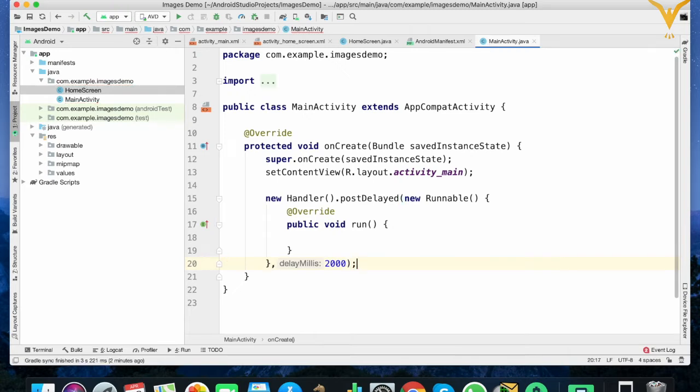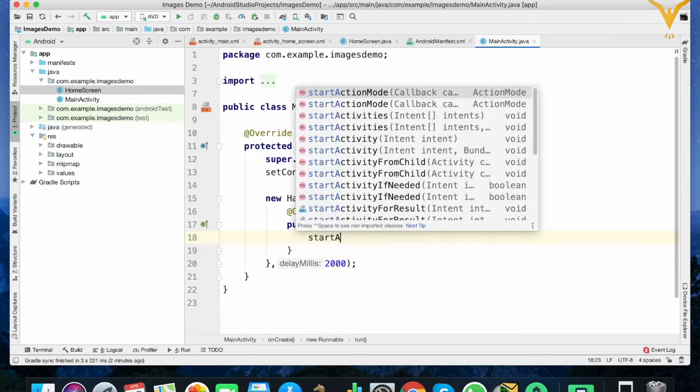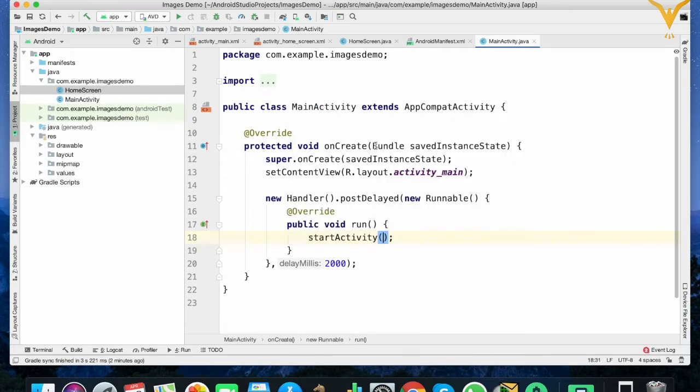So close the semicolon. Here we need to use this method, startActivity, and the parameter will be intent. So new Intent.